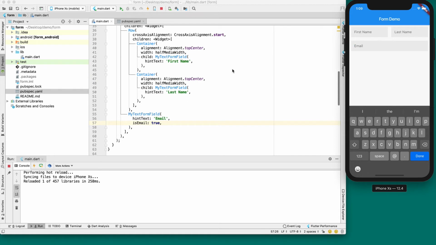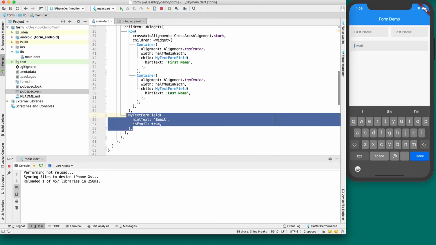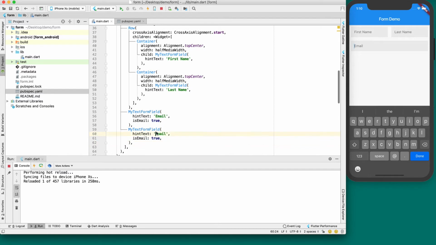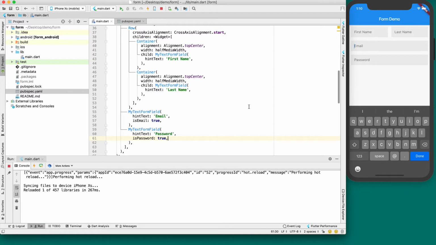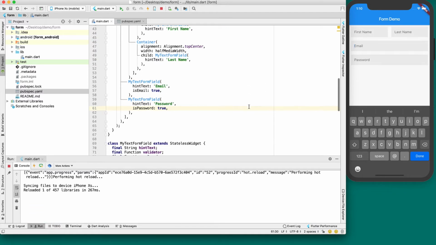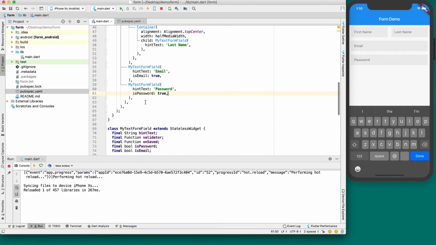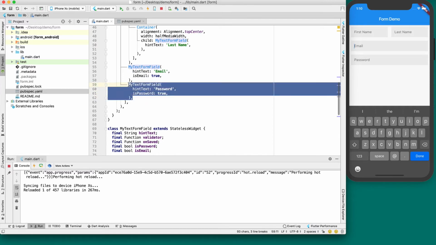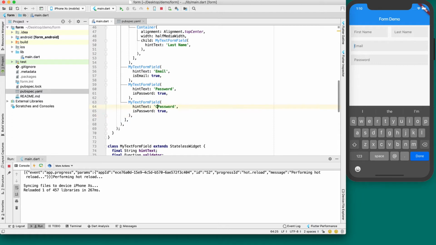Now let's create two more fields. One is for password. So here I want to use password, hint text password, and in this case it will be is password true. And if I save this thing, you will see there is a password field. But normally when you are creating a sign up form, it's better to use two password fields. One is password and another one is the confirm password. So copy this thing and paste it here and write confirm password, so that user has no chance to mistype